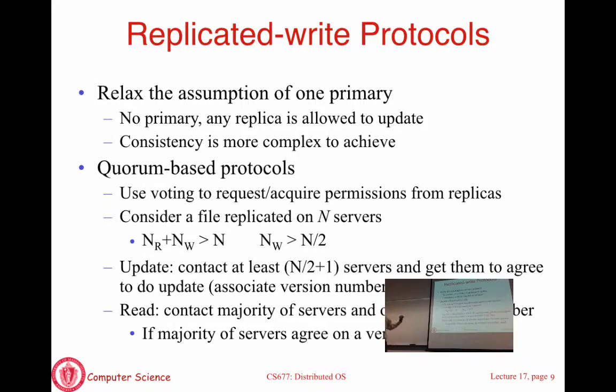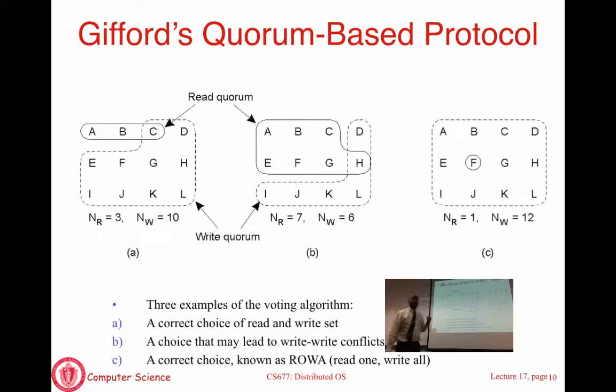This technique is called Gifford's quorum-based protocol, named after Gifford, who proposed it. It's a simple voting-based approach to ensure consistency in your system. Many systems do use something like this, where you use voting to decide what is the most recent version. In this case, as you can imagine, you don't have to propagate writes and so on. You simply send the writes to a large enough pool so that the reads are going to succeed. That's all you're doing.